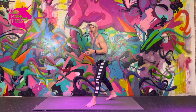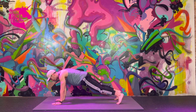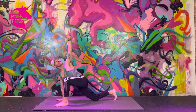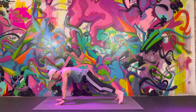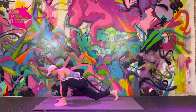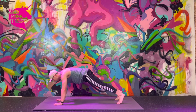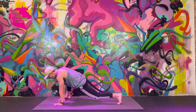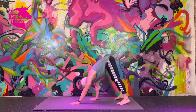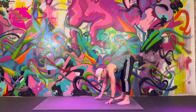We're going to do an inchworm to a Spider-Man, walking the hands out. Inchworm, Spider-Man, and then we'll do the other leg, yeah? So join me, come into this inchworm, step your foot up, drop the back knee, rotation. Let's work on the other side. Drop the back knee, rotation, using your breath, and then we're gonna walk those hands right on back, all right? Working at a pace that works best for you,